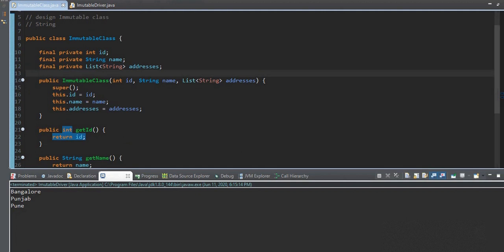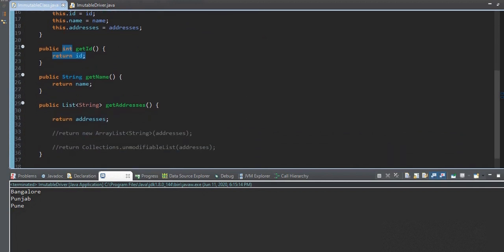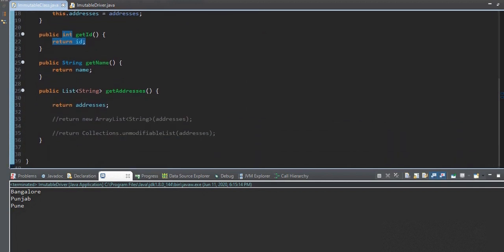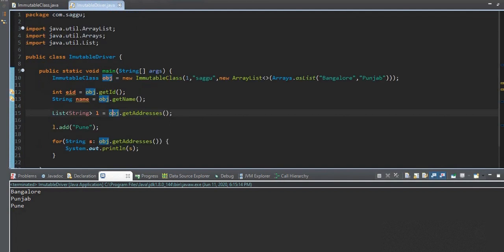So how can we make this class fully immutable? What I can do is give a copy of the original object, because this way the user can use the copy object and the original will stay original.